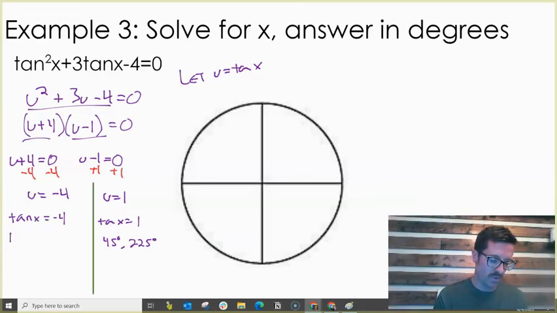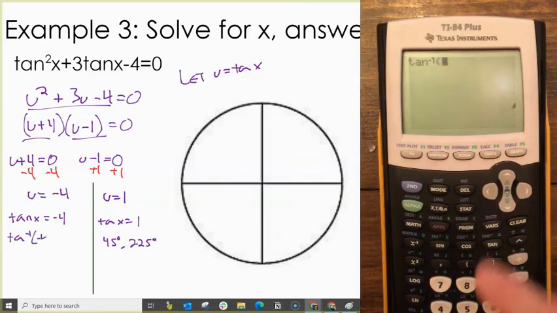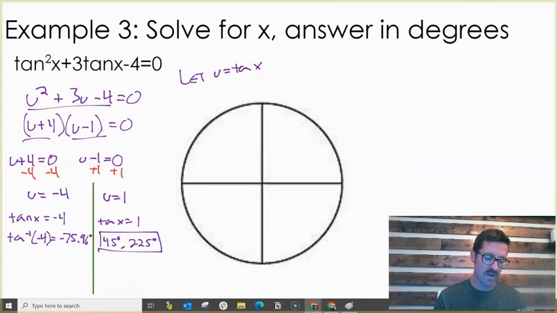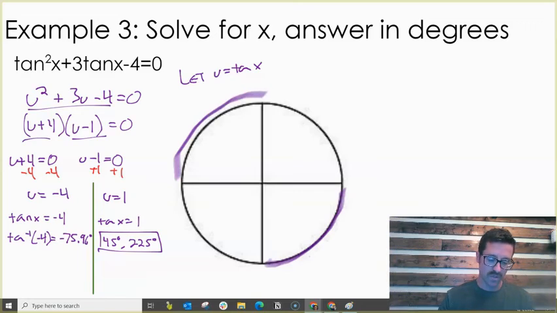Now let's bounce over here because this is the part that I think is a little bit more complicated. And so what we do over here is if we're going to do our tan inverse of -4, that's going to give us -75.96 degrees. Okay, so we already got our two solutions over here, and we've got our reference angle over here. Our reference angle is going to be 75.96 degrees. However, if tangent's negative, we know we're limited to a couple of quadrants. We know tangent's negative down here in the fourth quadrant, and we know tangent's negative up here in this quadrant. So if I'm using that reference angle of 75.96 degrees, we're looking for this angle right here that I'm showing in purple. And then our other angle will be up here,